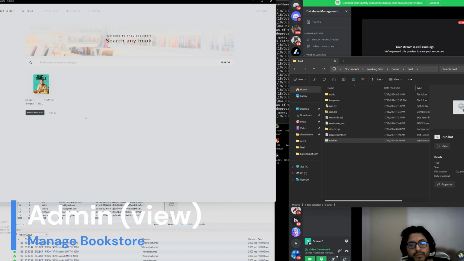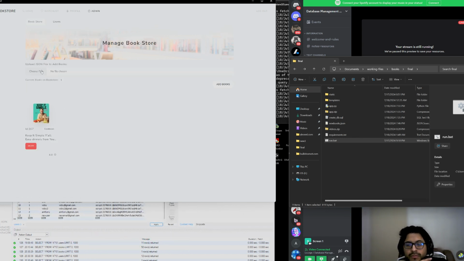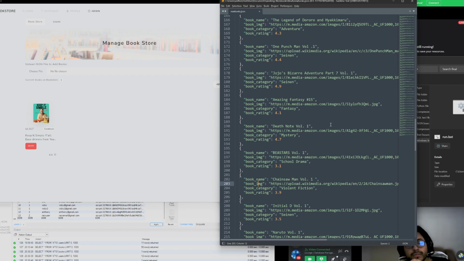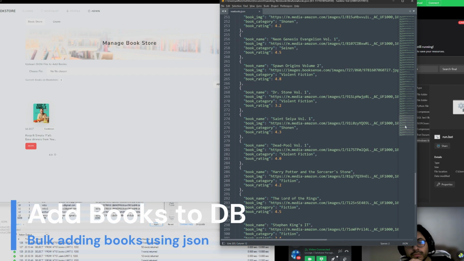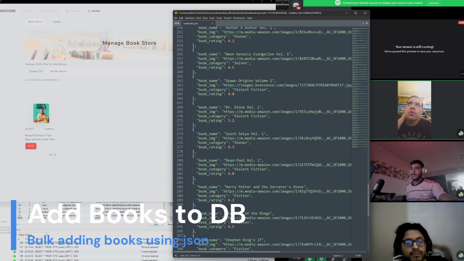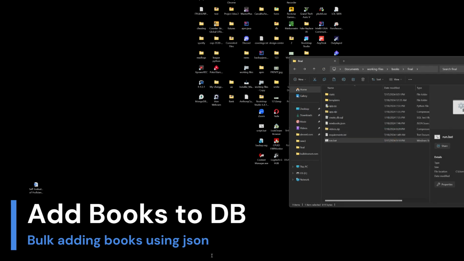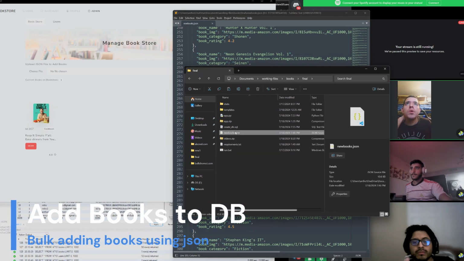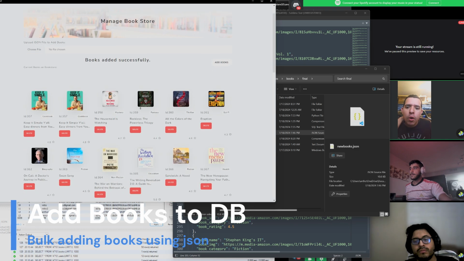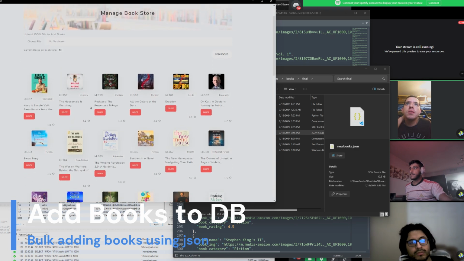If we go to the admin page, we can actually add more books. The method we use to add more books is we have to make a JSON file, and we add a book based on its book name, book image, book category, and then book rating. We add in the name, we grab an image online, and we can write in the category and the rating. Once we actually implement the file onto the website, we can just grab the JSON file, drag it there, implement it, add the books,